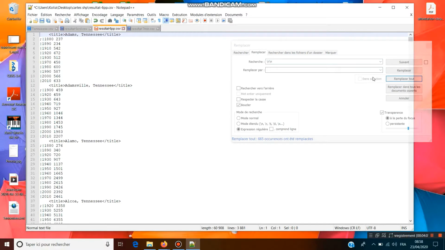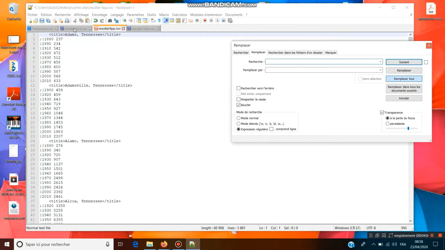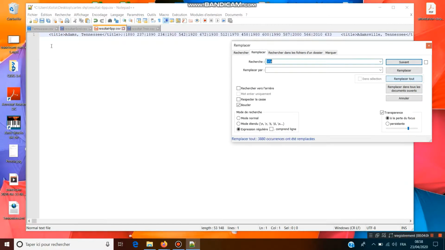And now we remove the carriage returns by the \r\n formula in Notepad++.